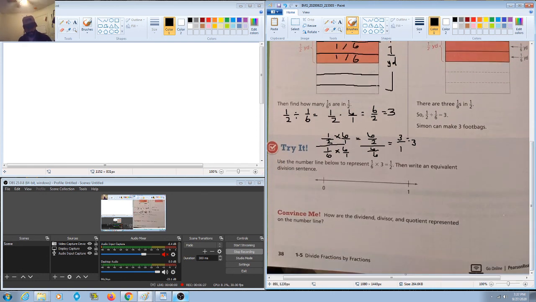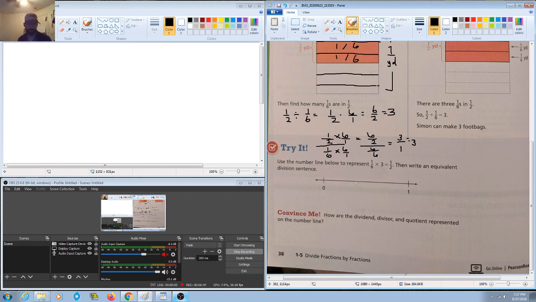So this next one is a try it. It says use the number line below to represent 1/6 times 3 is equal to 1/2. Then write an equivalent division sentence. So what we're going to do here is, if this is a yard, so to speak, kind of very similar to our story problem above,